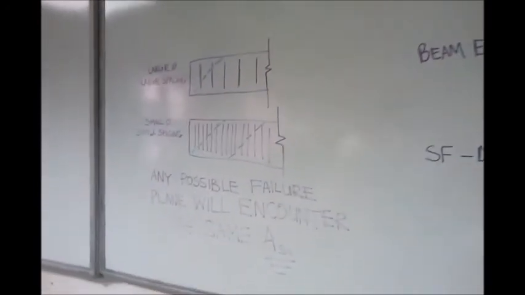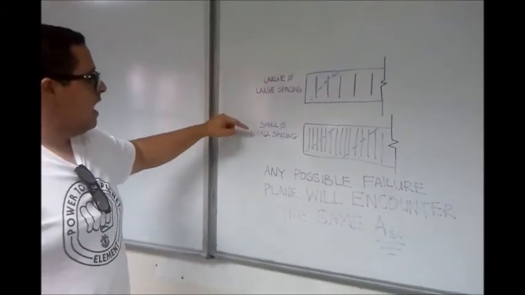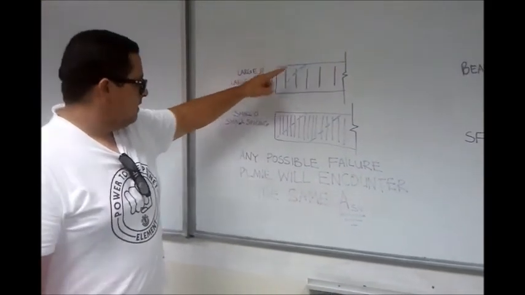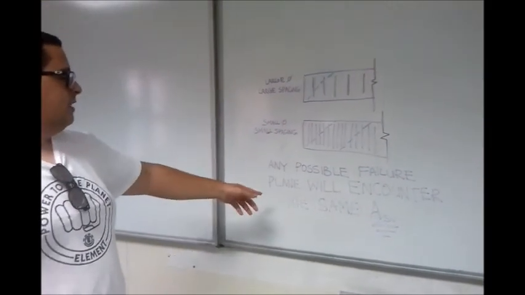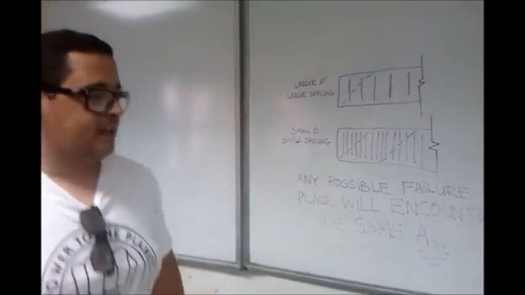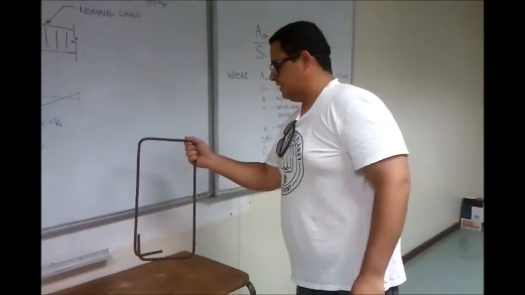As you can see on the board, this is a beam with large diameter and large spacing, and this bottom beam is small diameter with small spacing, but any possible failure in the plane will encounter the same ASV. And here is an example of a single link stirrup,